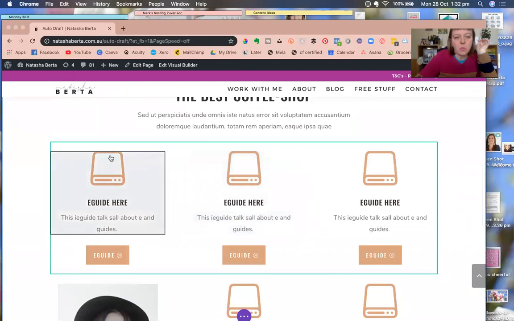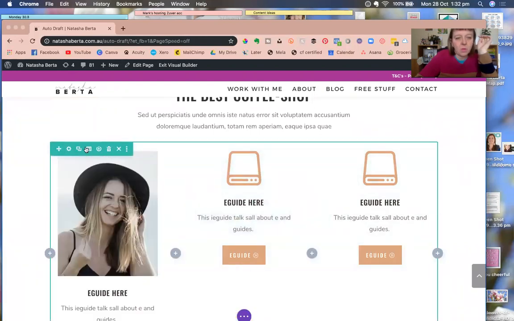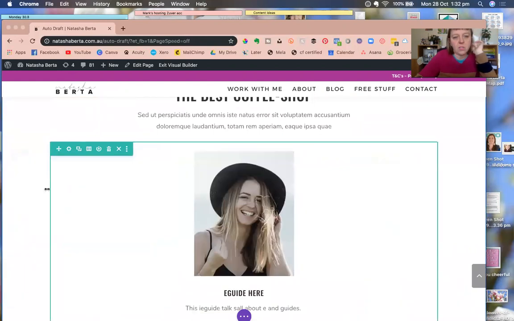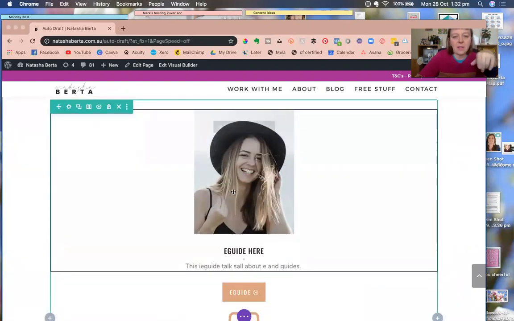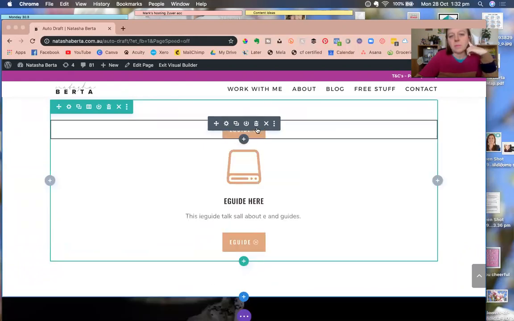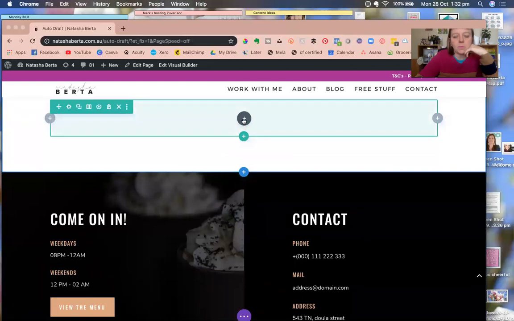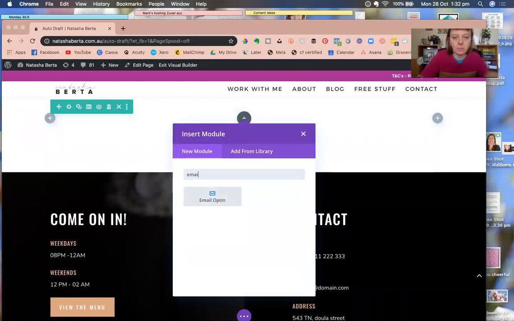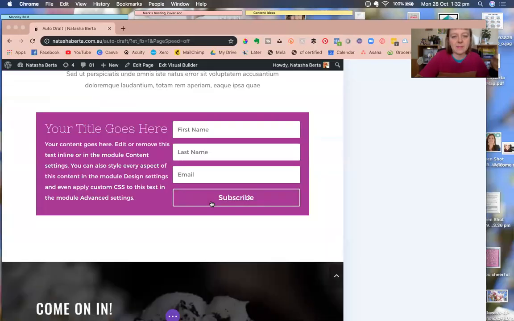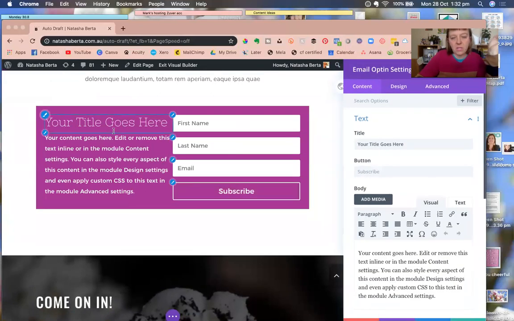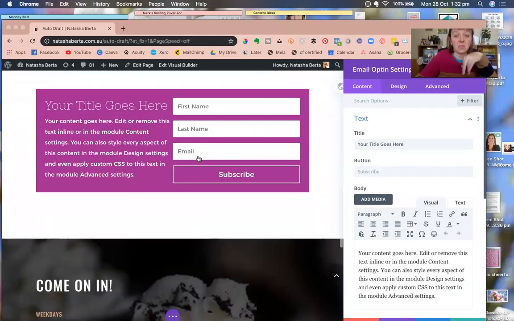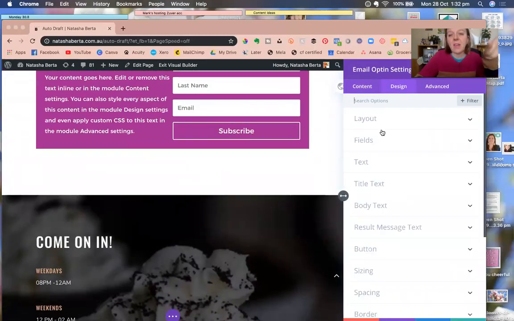Then here you would want to say, now just get the heck onto the membership, guys. And here you would simply have, let's get rid of these. You would use the module in Divi called email opt-in. And the beauty of this is it's already branded to your default settings, but you can edit all of that. If you're like, oh my God, that's gross, I don't want it to look like that,